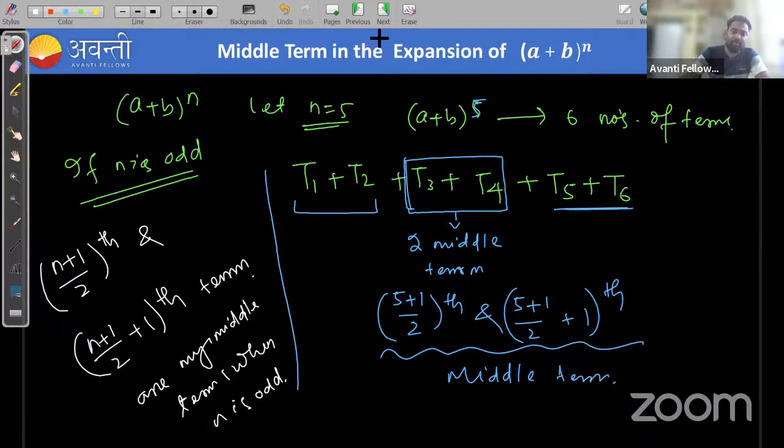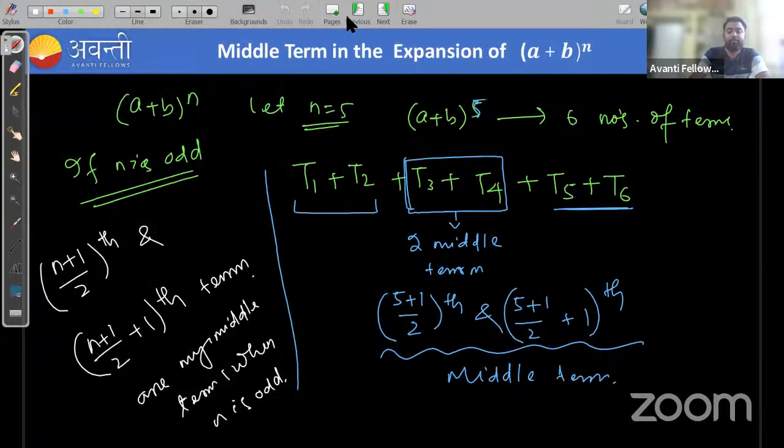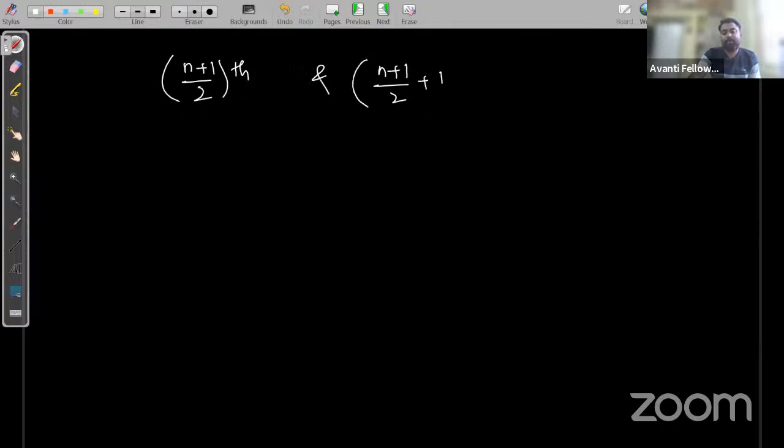So we got the (n + 1)/2 th term and the (n + 1)/2 + 1 th term as my middle terms, guys. If I ask you to find the T(n + 1)/2 th term,